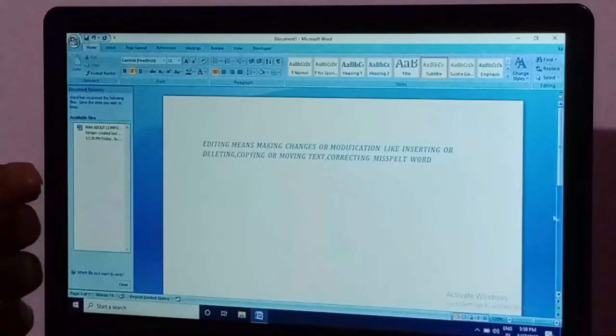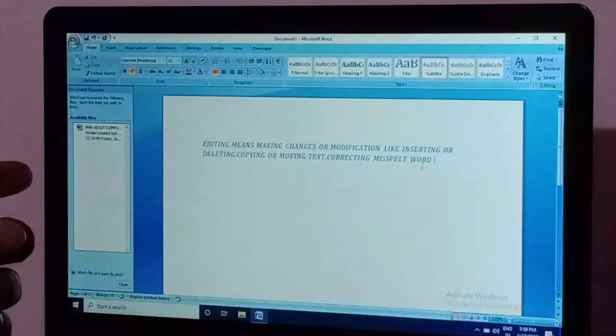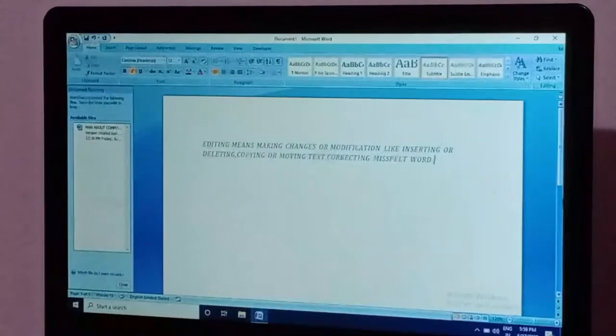I click, suppose I select the misspelled word, and this is the cursor. This blinking point is the mouse cursor. First of all, your mouse cursor should arrive in the sentence which is to be selected. Suppose I select the misspelled word.